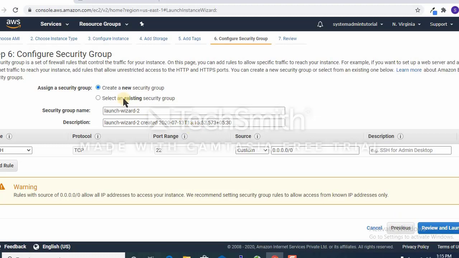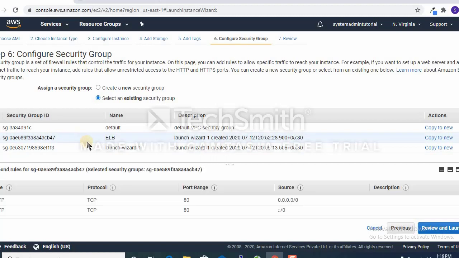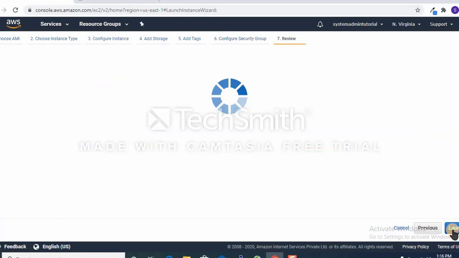You can create a new security group, or if you have an existing one you can select it. I created a security group in the last video called ELB, so I'll use that security group here also. Select the ELB security group, and you can see both the HTTP and SSH ports are allowed, so I review and click on launch.